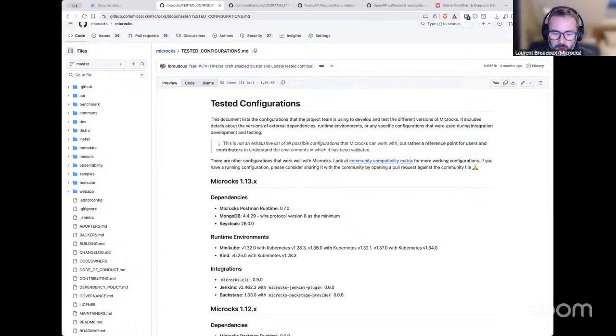You mean, right. For some people who are newcomers to Microcks and don't understand the full architecture and so on, I think that's where we may have pointers to specific detailed documentation on how things are supposed to work.